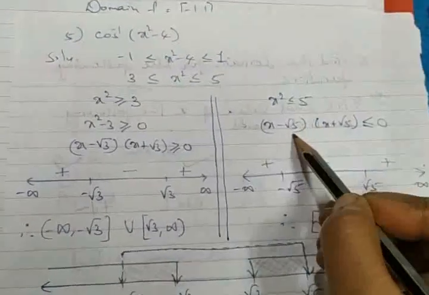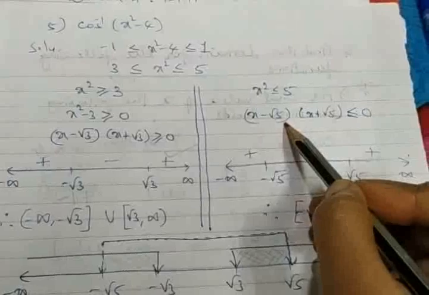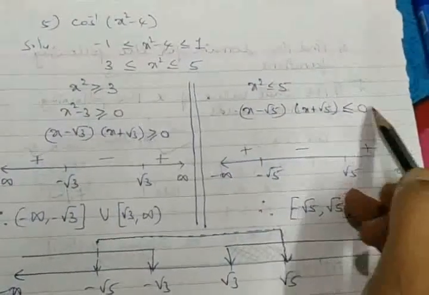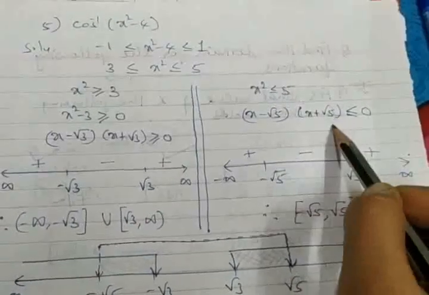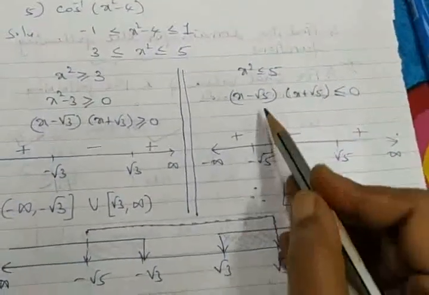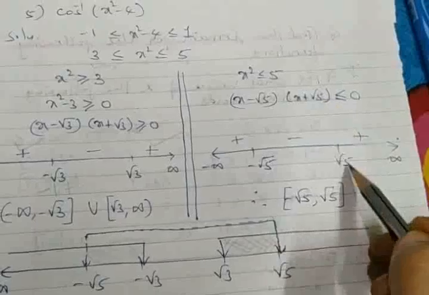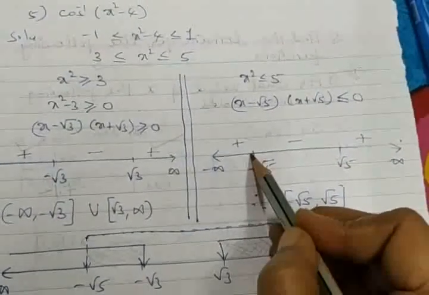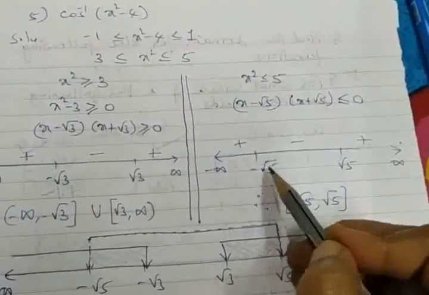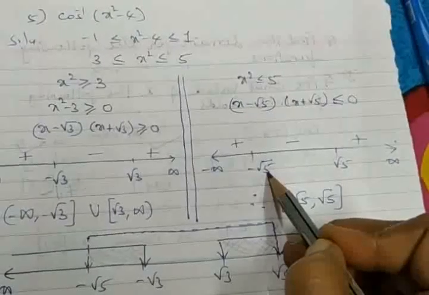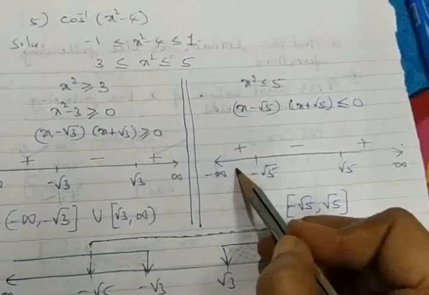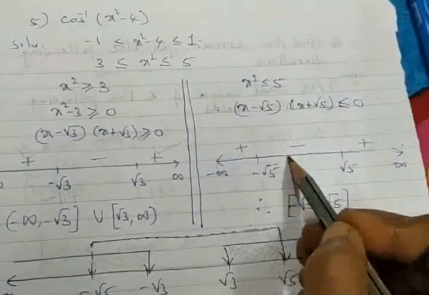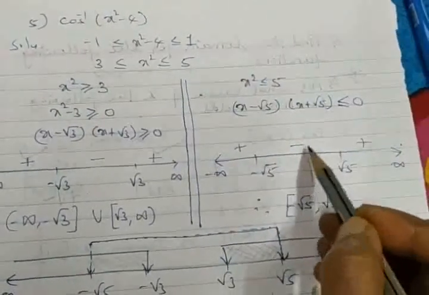So back to here, the factors available are x minus root 5 and x plus root 5 less than or equal to 0. Look, less than or equal to 0 is coming in this inequality. Then we choose the negative. So I have taken here minus root 5 and root 5. This interval I had taken the value, you can check it out here. Minus root 5 is approximately minus 2 point something. So lesser than that value, you can say minus 4, minus 5, just choose it. You find positive.